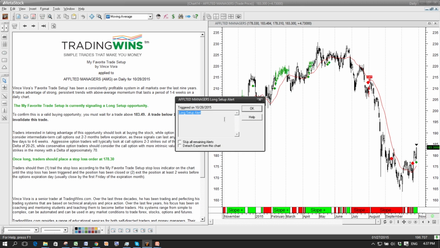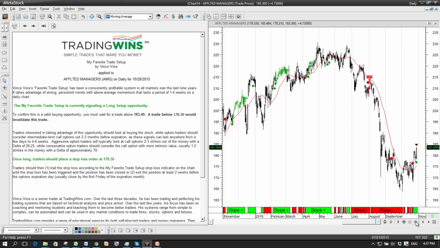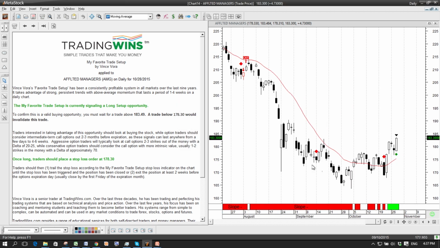And here we've got a long setup alert. You notice this pops up if you're actually watching this real time. It'll pop up if there's a setup on a chart that you've got open. Go ahead and click OK to get rid of that. And now I can take a look at this. I can evaluate it, see if it's something that I actually want to keep on my watch list